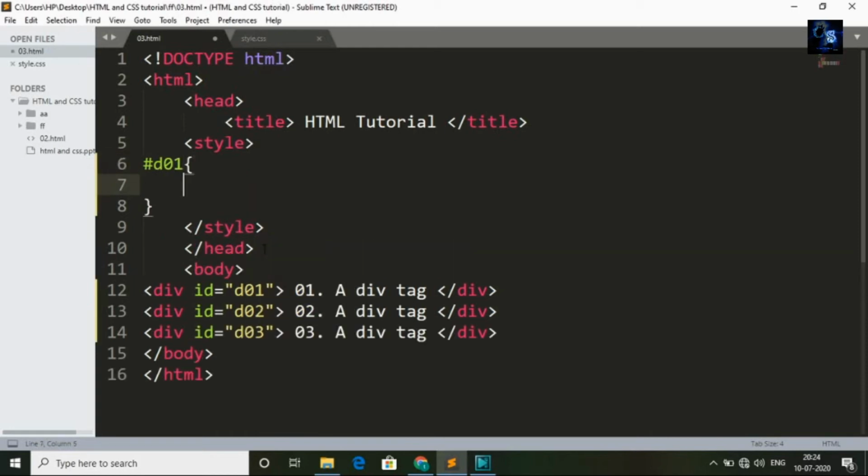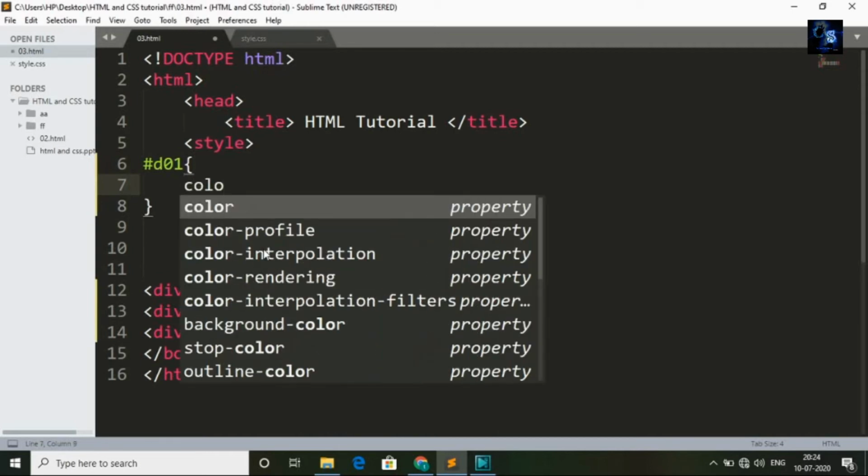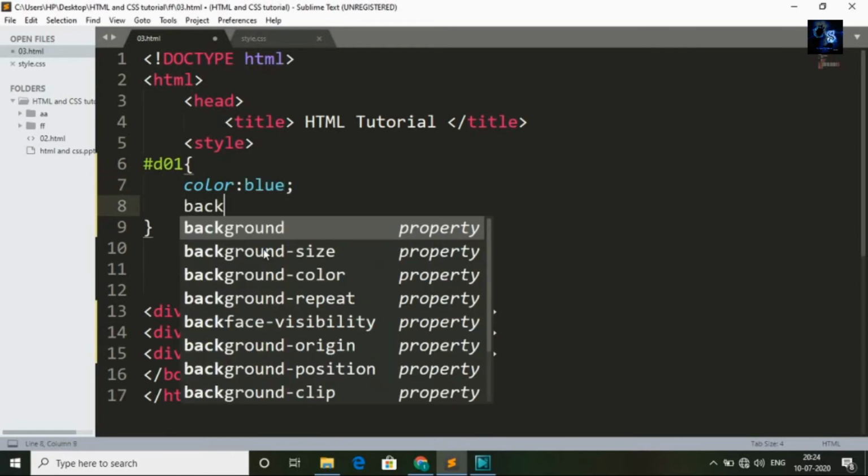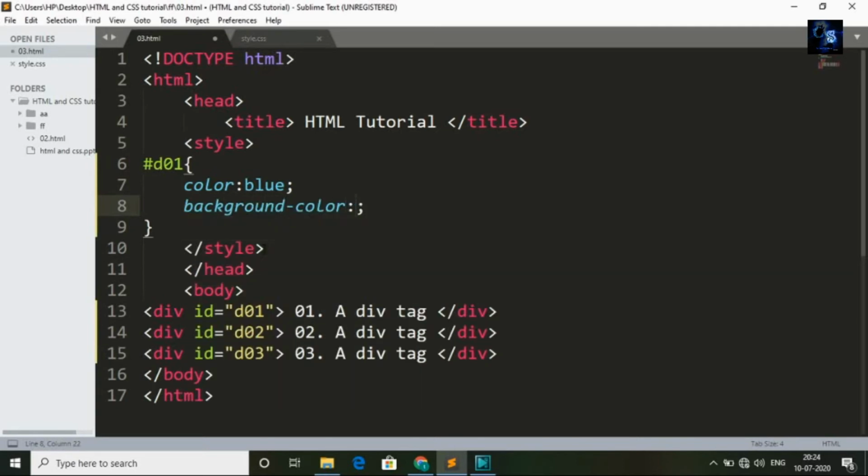Curly brackets. Inside the curly brackets I will add color, background color, margin, padding. Color I will give text color blue, and background color I will give red or yellow.